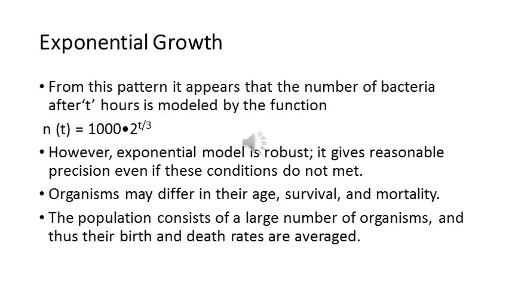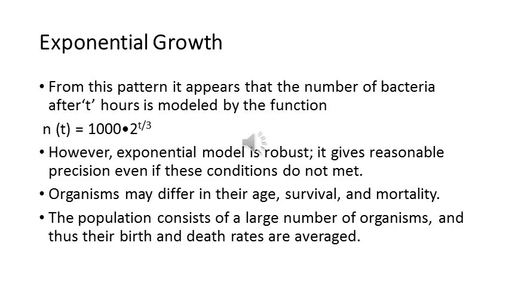So all the individuals do not survive and they do not contribute to reproduction equally, as the population consists of a large number of organisms, and their birth and death rates are averaged